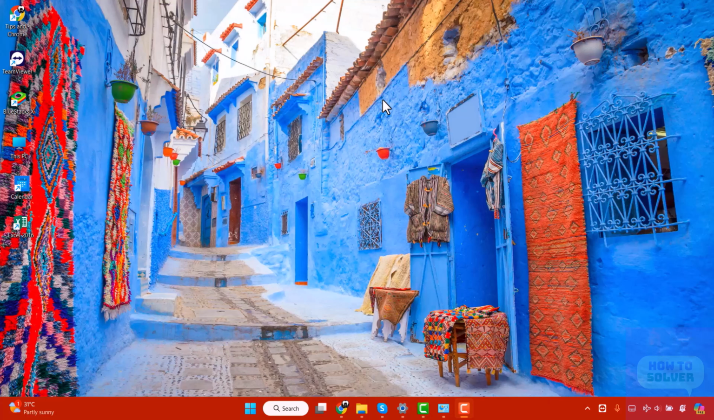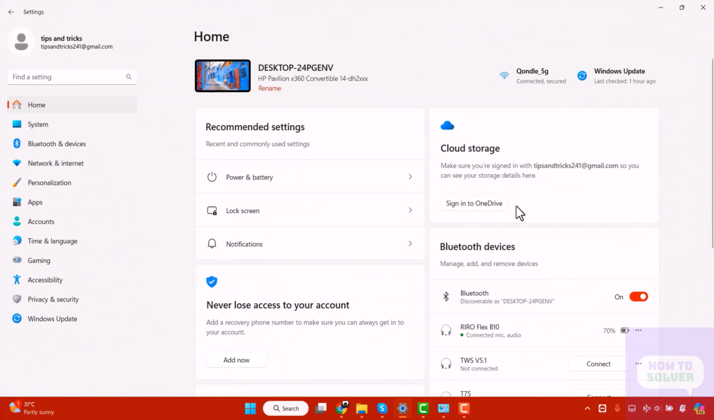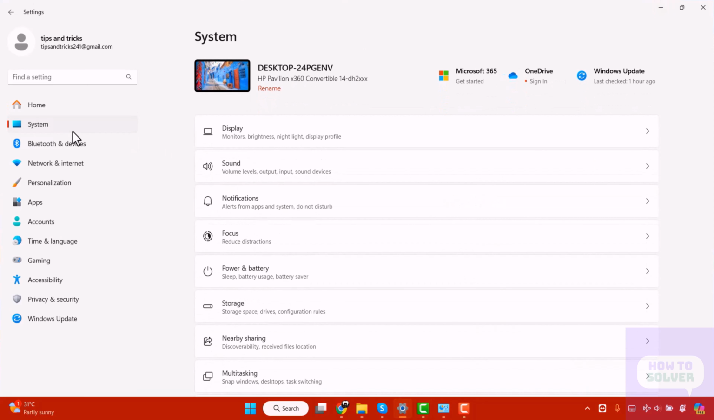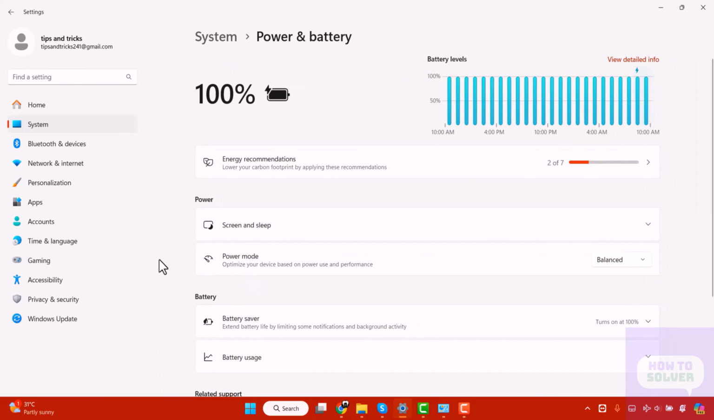So let's go. For this, you have to open your settings. Now click on System and go to Power and Battery. Here you can see power mode. In the right corner you can see Balanced. If you click here,